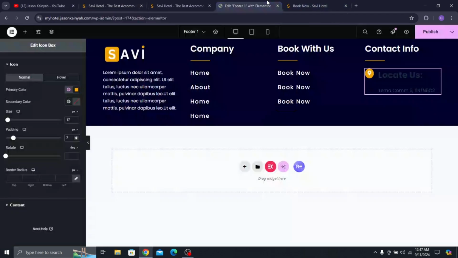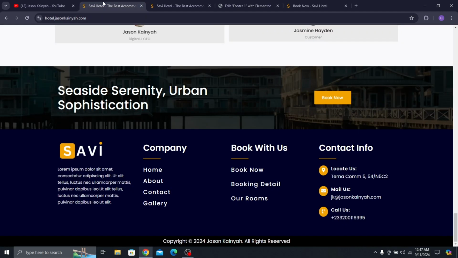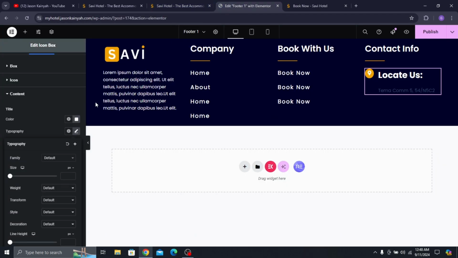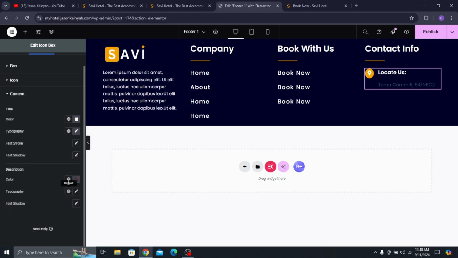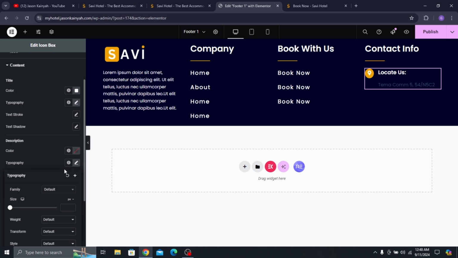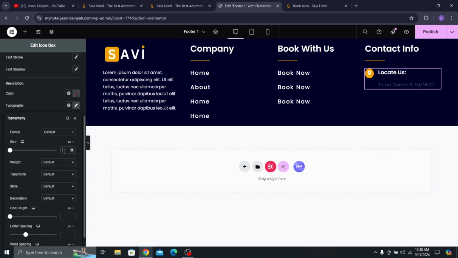Now this says, okay, so let's go to content, and then we can go to the color of the icon, and we can make it the color of the text and make it white. And then let's actually decrease the size, so it's like 25. 25 is even too big. Let's make it like 19, and then we'll change the weight to like 600. Then we want to change it for the typography, for the description as well. So the description, we'll change the color and then the size. So the size can be like 15, and then